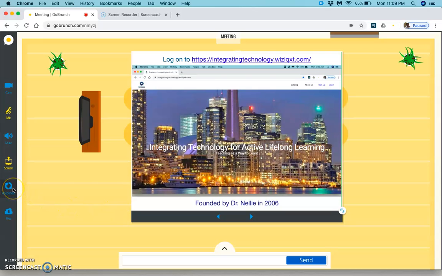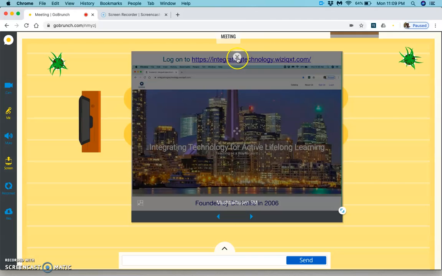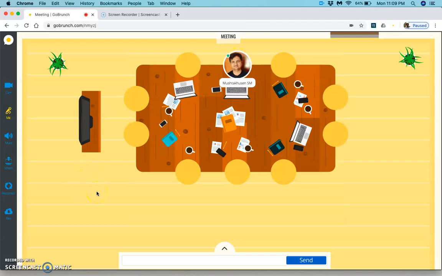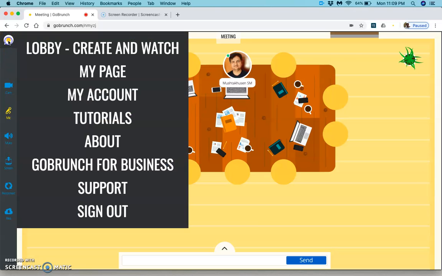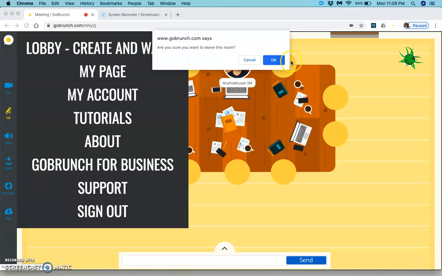Then if you have any problem with your connection on GoBrunch, maybe you can reconnect and rejoin the meeting. Then if you want to share some files, you can click on files and you can share the file with the participants. So these are the features we have in meeting. Then let's explore some more features